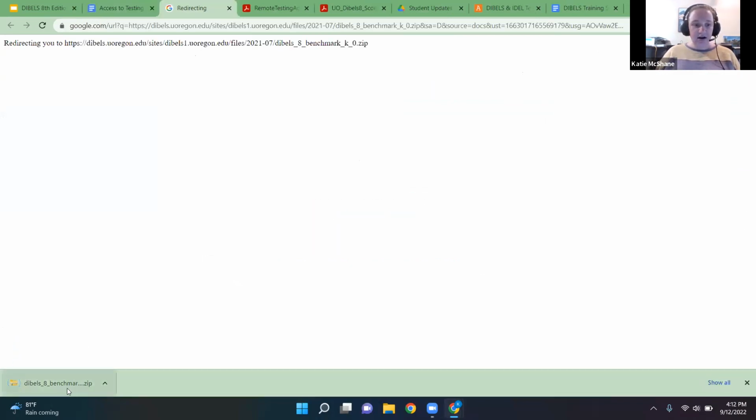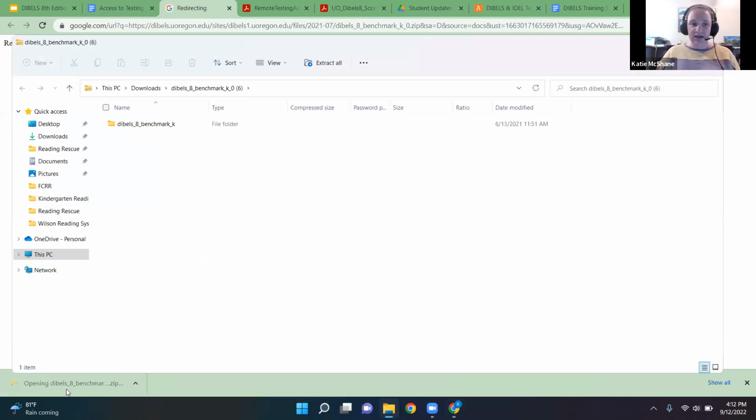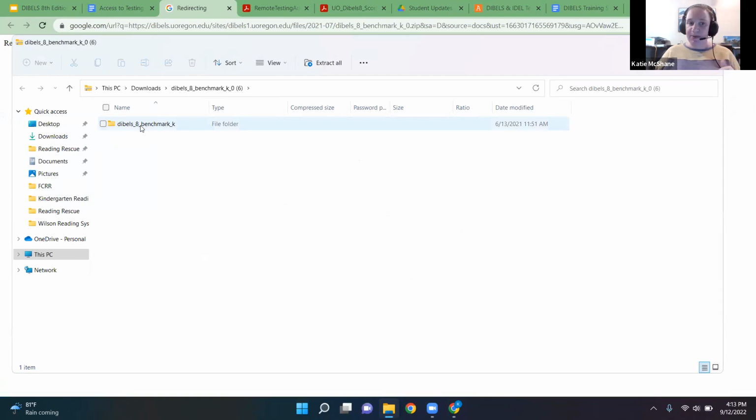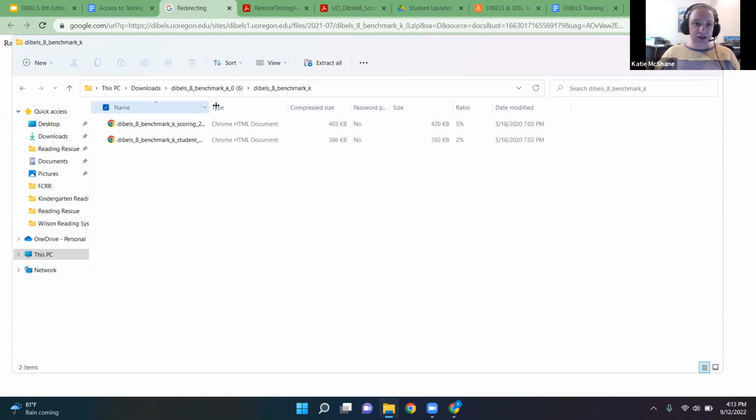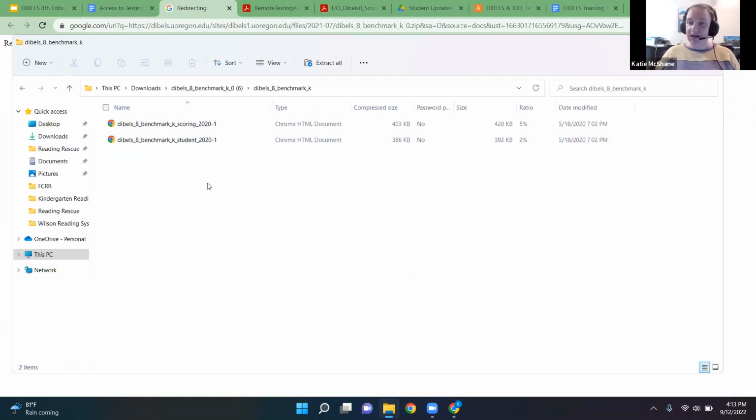And down here, it is downloading as a direct link to my computer. So if I click on that, it's going to open up in another file folder. I hope everybody can see. And it's titled DIBELS 8 Benchmark K. When I click on that, it has two different materials in here. I have the scoring materials for the teacher, and I have the student materials, what you'd be presenting to your